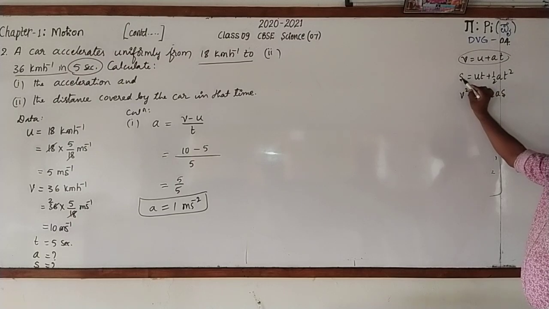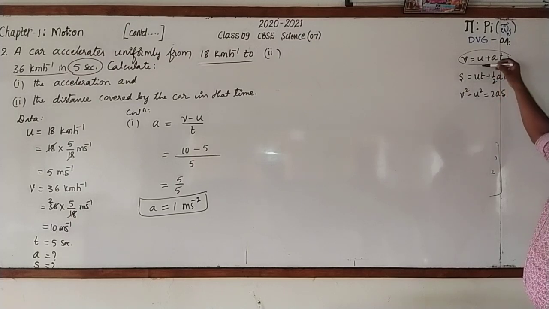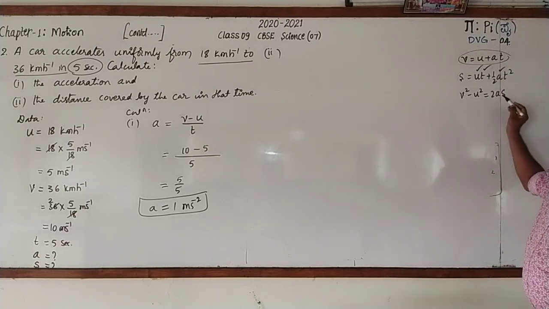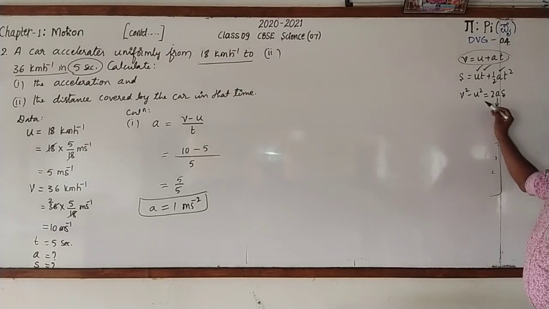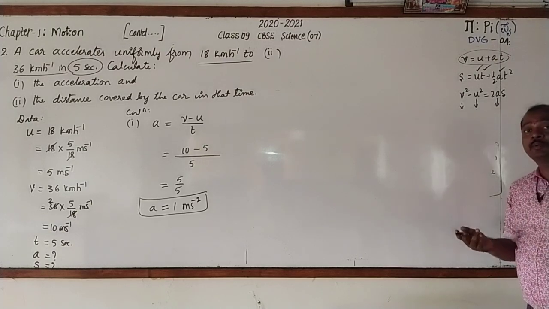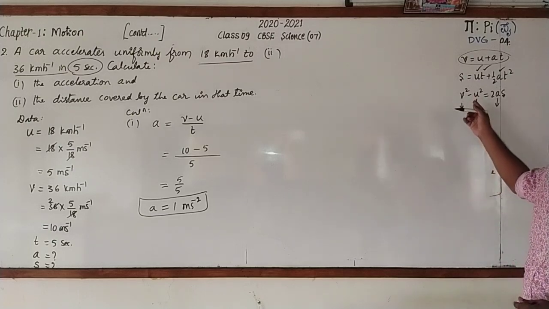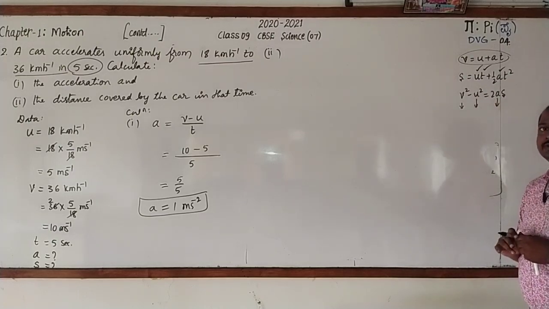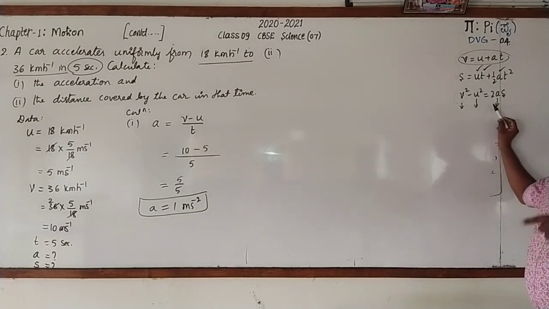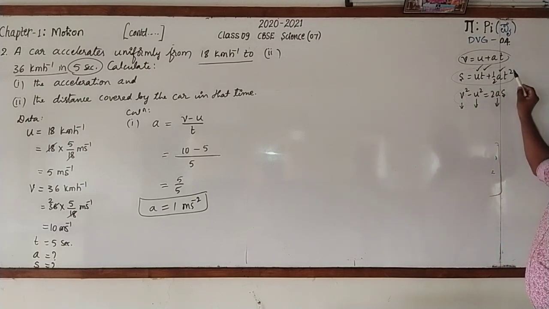If you want to use the second equation, observe this: we know u, t and a. And in the third equation, to find S, we know a, u as well as v. From this we can see that either of these two equations can be used. As we have used this equation in the previous problem, let us take this equation.